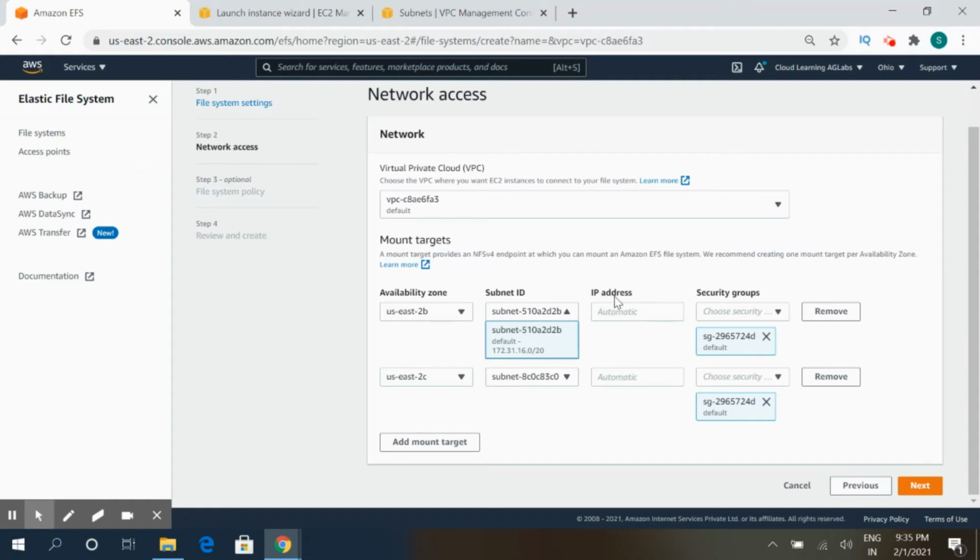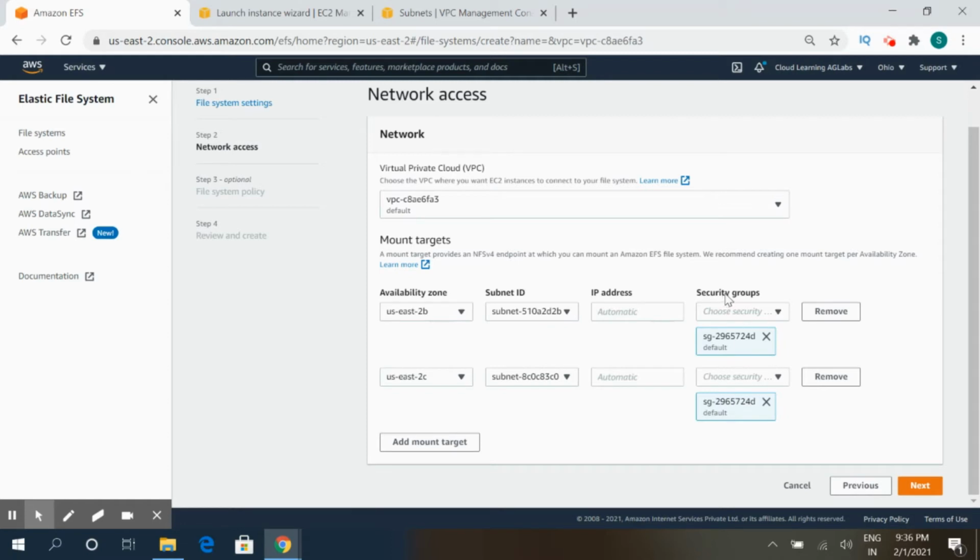The third option is the IP address. So you can assign any of the IPs automatically or manually also. Suppose you are having private subnets and you want particular IPs to be mapped with this EFS, there are some configurations done at your backend and your network team has provided you the IPs which should be there for the EFS, then you can manually provide these IPs in this section, or automatically these IPs will be provided by AWS based on the subnets. If it's a public subnet, then the public subnet IPs will be applicable, and if it's a private, then the private subnets will be applicable.